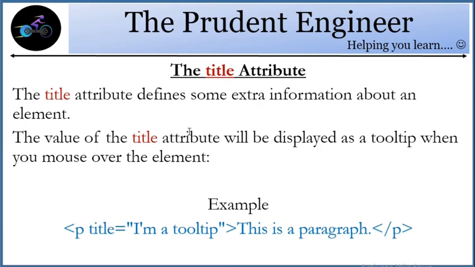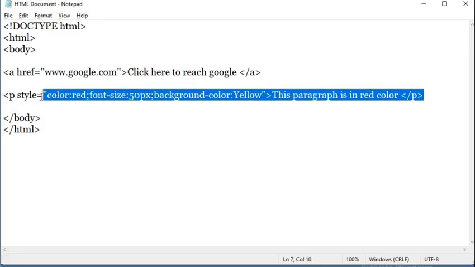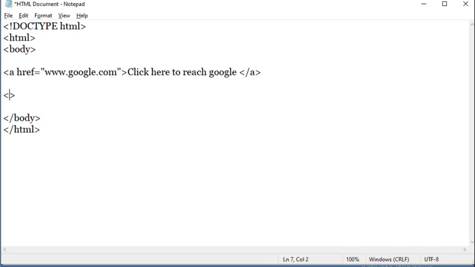Now the last one is the title attribute. I'll show you how it works. Suppose I want to write another paragraph. I'll give a space, title equals, I am a tooltip. Then I close the tag and write, who are you, and close the paragraph with /p.